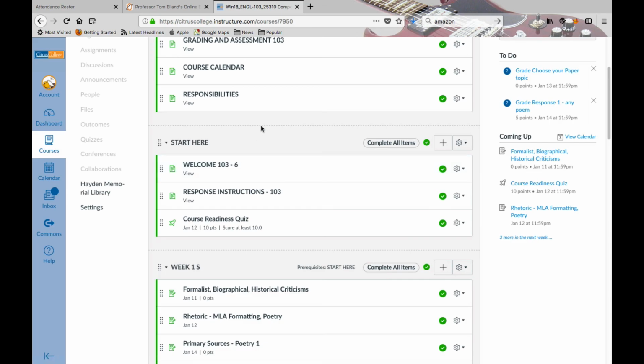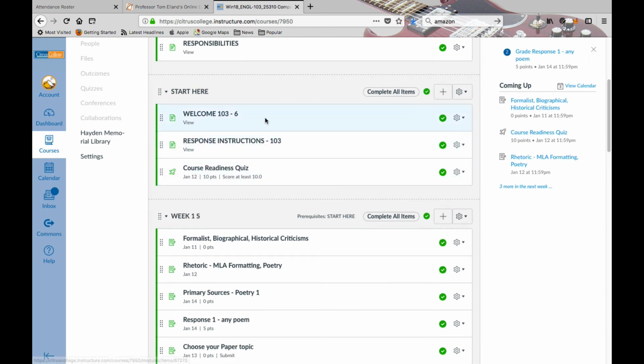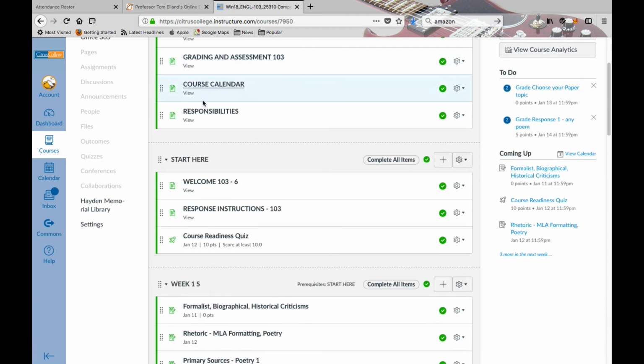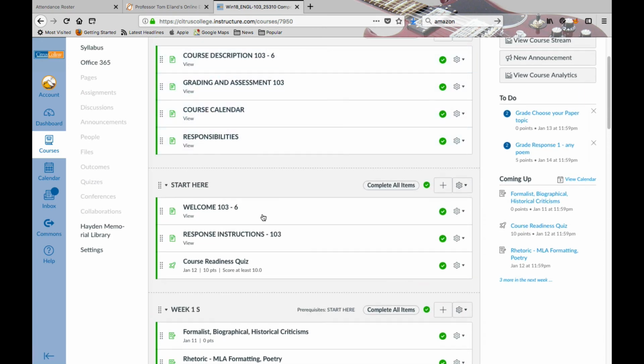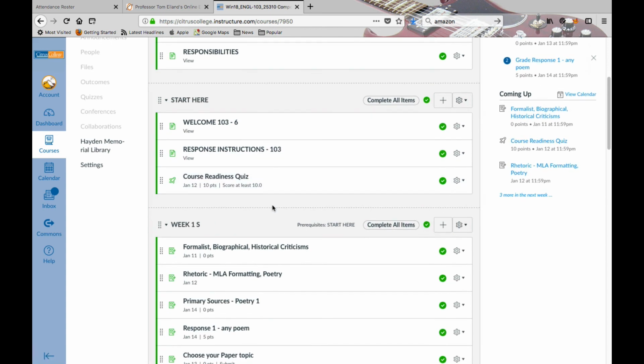welcome message, which will be very similar to what I send you by email, but it will have a few other specifics. And then, of course, instructions for responses in terms of how to do the responses, which you'll have an opportunity to do for most of the readings. And then there's a course readiness quiz. That course readiness quiz basically establishes that you understand what you've read concerning both the elements of the syllabus as well as the way the class is going to run, et cetera,